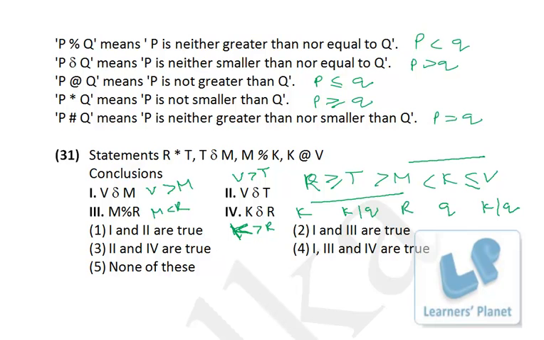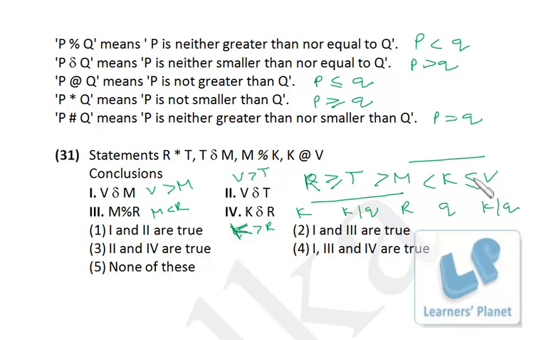Okay. Once again, in this sort of cases, you have to be very careful. I'm just changing the color of the pen, just a moment. See here, this is one sequence and this is another sequence. You cannot make the comparison between this sequence and this sequence. You cannot establish a relationship between R and V, R and K, right? You cannot establish a relationship between T and K and T and V, right? So be very clear with that.